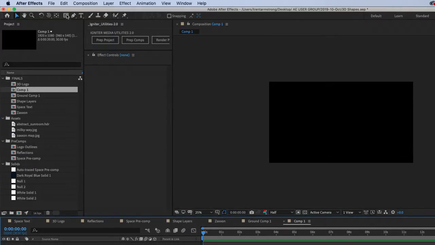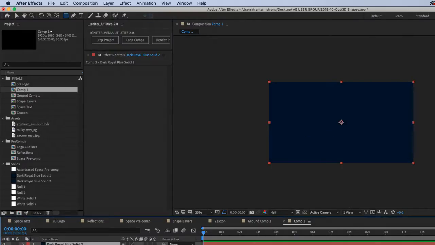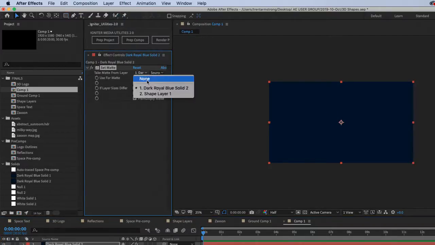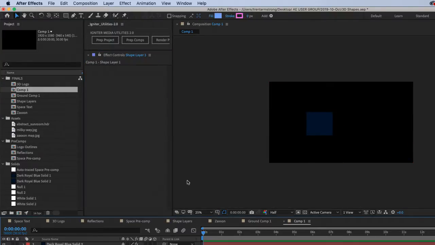If you have a shape layer like this, and you have a solid like this, then you do a set matte, the shape layer, then it looks at the boundaries of the composition and applies the shape layer matte to the solid based on the boundaries of the composition. So if my solid is a different size, got it.